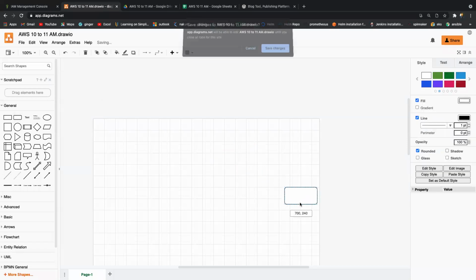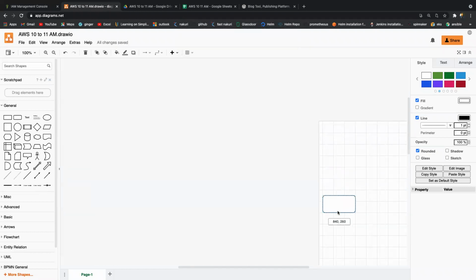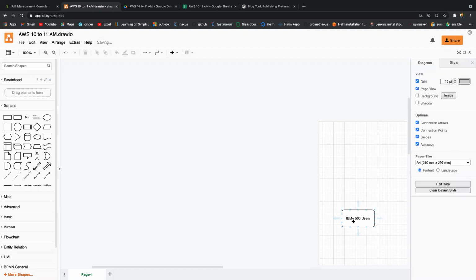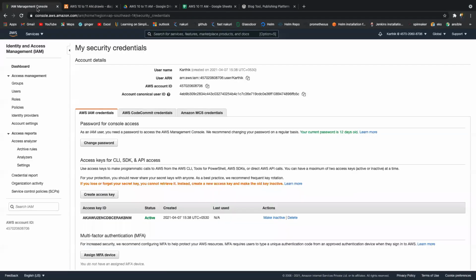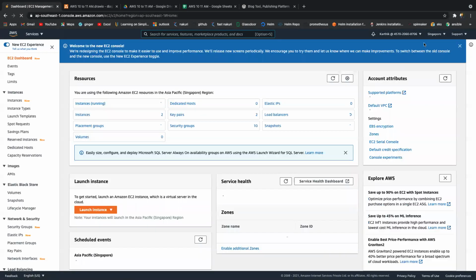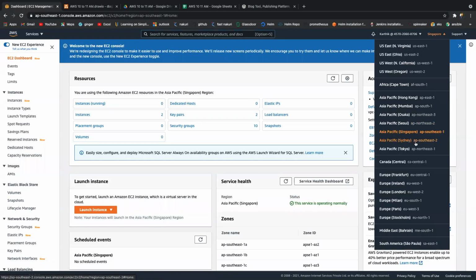We have an organization. First, let me explain the concept of how we are going to build the data center. Then we'll come back and practically kickstart. We have the organization, which is IBM. They have approximately 500 users. The 500 users are going to access the data center, which is going to be part of some region. So first, let us choose the region. What would be the nearby region or any region? It's up to us. You don't need to prefer your nearby region. You can choose any region.